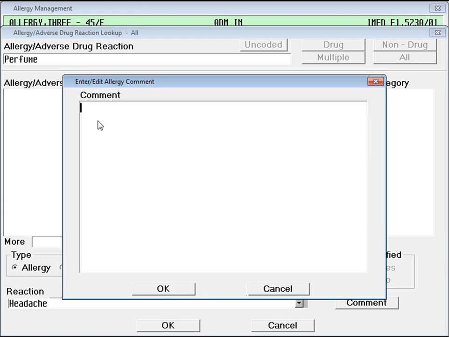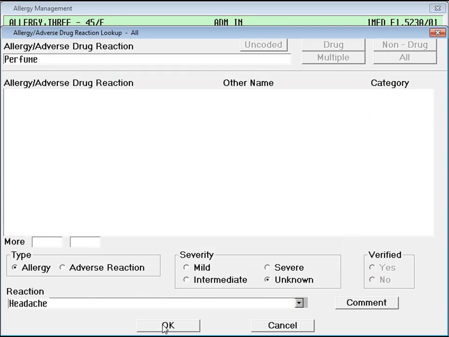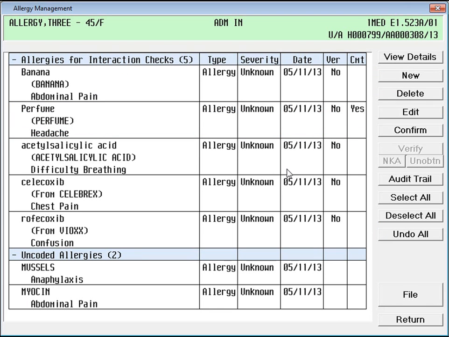So in my comment field, I'm going to state, for example, when I am cleaning up my allergy management screen and I am changing my uncoded to coded, I would, before I delete, enter a comment stating that I am changing from an uncoded to a coded status. Or if I'm deleting off the profile, I enter a reason such as patient states they do not have an allergy to this. I would input my comment, click on OK if I'm completed, and the user must always file any edit made to an existing allergy prior